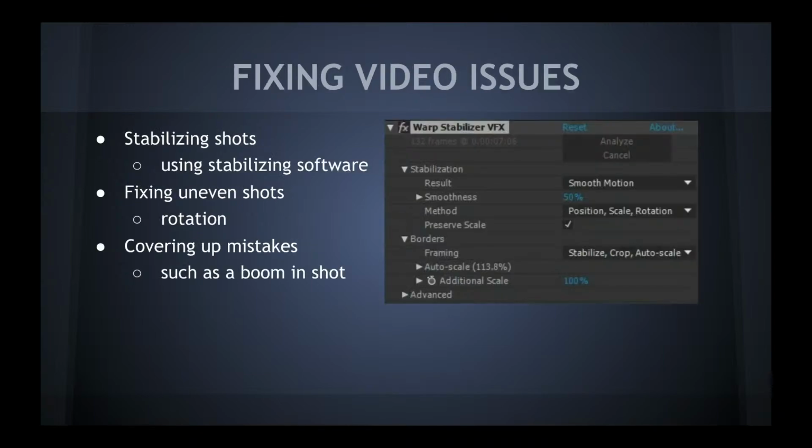So let's jump in first. Fixing video issues. This is when you're going to stabilize shots using stabilization software, fix uneven shots by using rotation to get them matched up, and cover up mistakes such as a boom in the shot or something like that. I also like to smooth out the audio going in and out